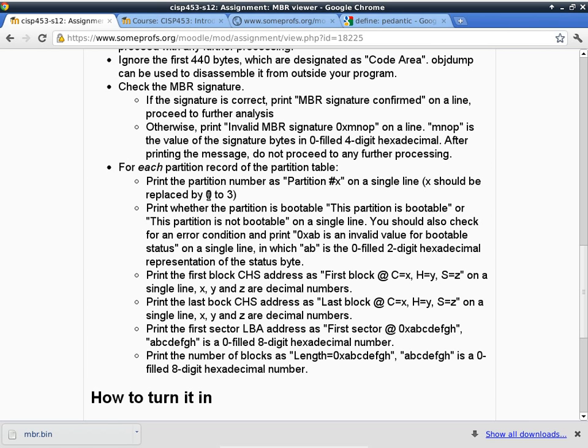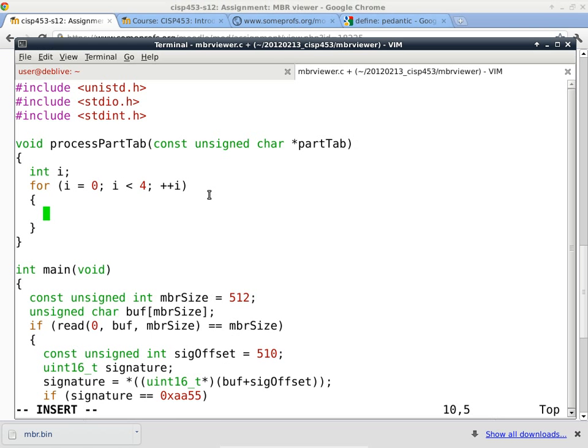X should be replaced by literals 0 to 3, so you can use base 4 because it makes no difference. 0, 1, 2, and 3 are exactly 0, 1, 2, and 3 for any base from base 4 and up. They are exactly the same. Okay, so we'll say printf